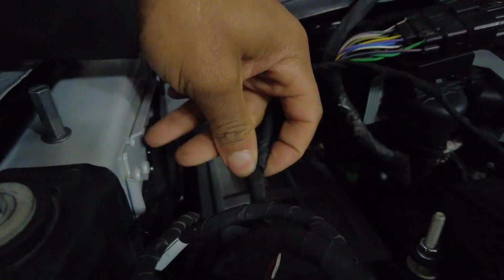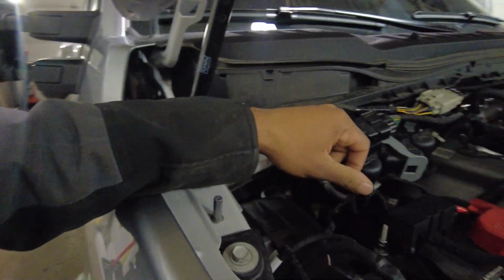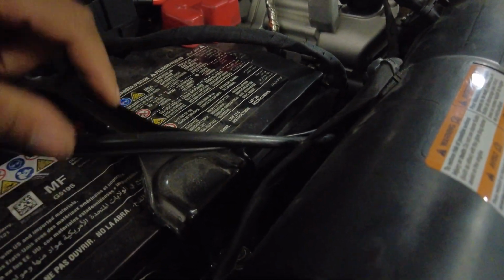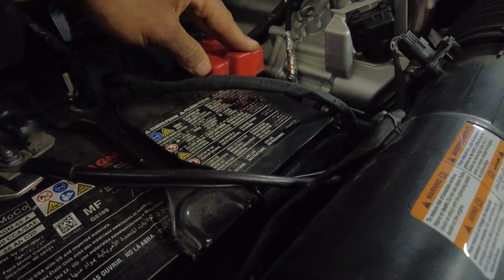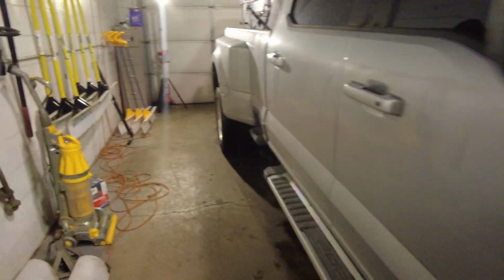It looks like all the wiring, but I do know I added this, but it's getting to the point where I can't even tell what I added anymore. So yeah, here's what the ground wire looks like for the plow, and that's the hot wire. But another thing on this truck though is